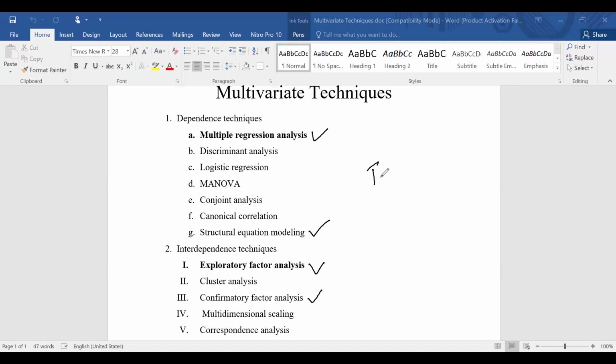For testing the SEM, in the first step we check the validity and reliability of the confirmatory factor analysis, or measurement model. It is also known as the measurement model. Once my measurement model is okay, then we specify the exogenous and endogenous constructs in a structural model form, and